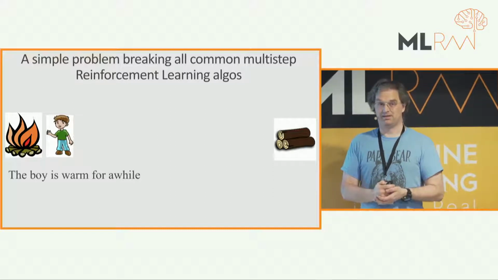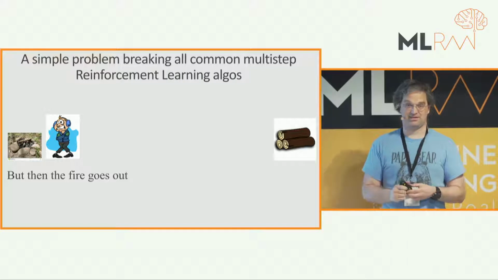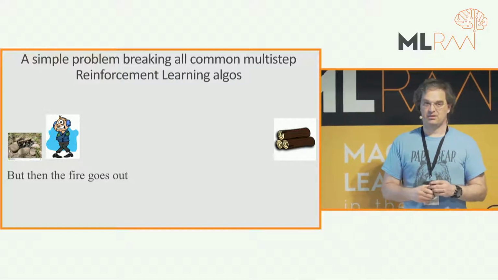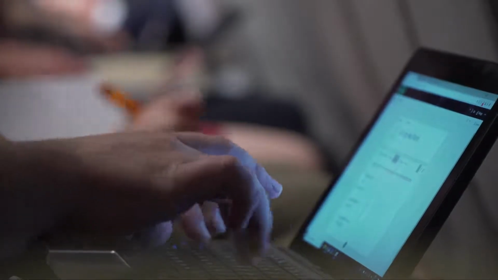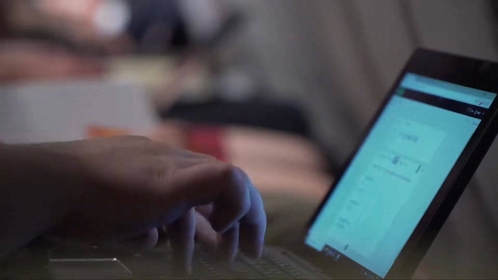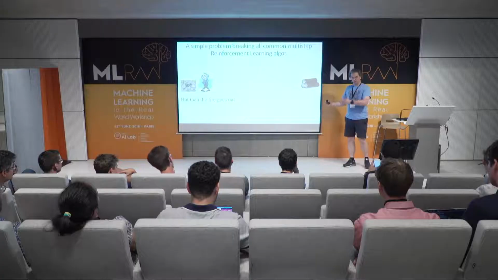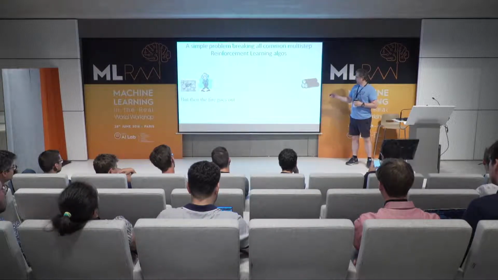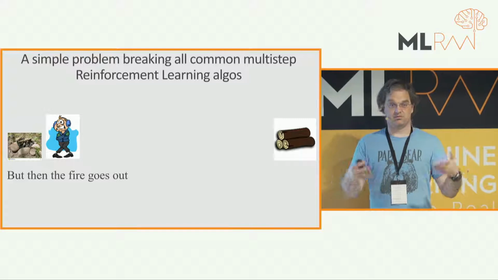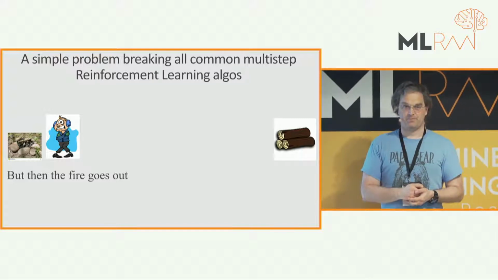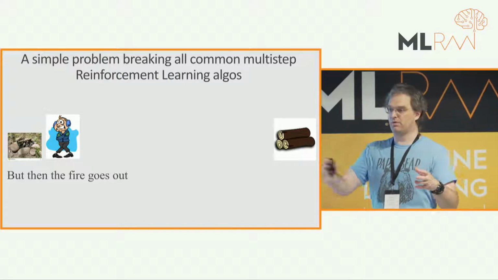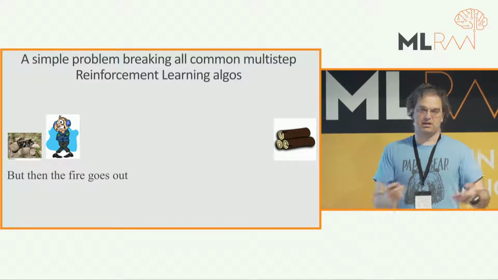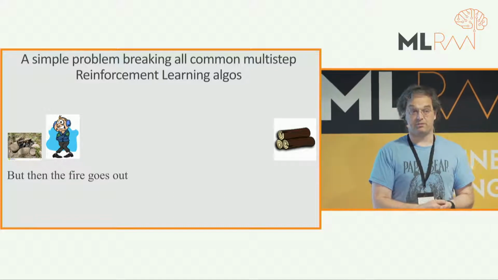He's warm for a while, and then the fire goes out, right? Okay, so the structure of this problem is one where the immediate reward structure is the opposite of the long-term reward structure, right? So if you try to optimize your immediate reward, you'll end up failing to optimize your long-term reward because you'll fail to get the log, and then you'll fail to keep the fire going. So this structure of a problem where the immediate rewards and the long-term rewards are misaligned can break essentially all the common reinforcement learning algorithms, because what happens is